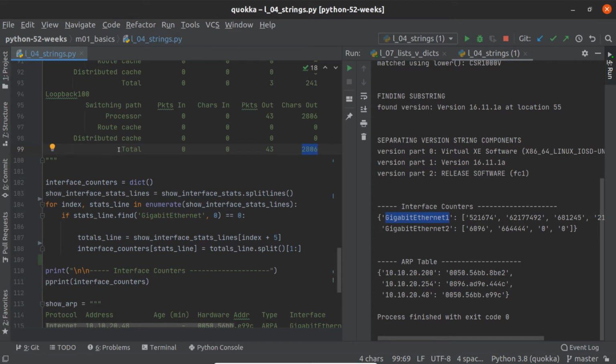Okay, so it strips away. It's another way to look at things. If there's just blanks, then it's a good way to go from a string with columns with blanks in between into a list. So I'm going to say totals line dot split,